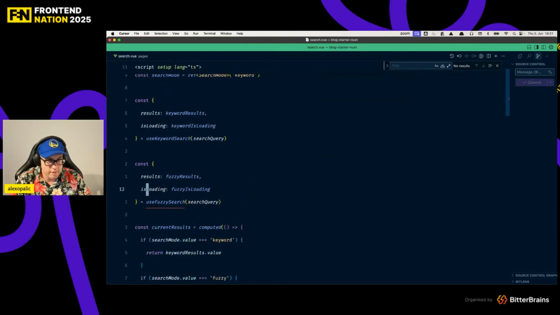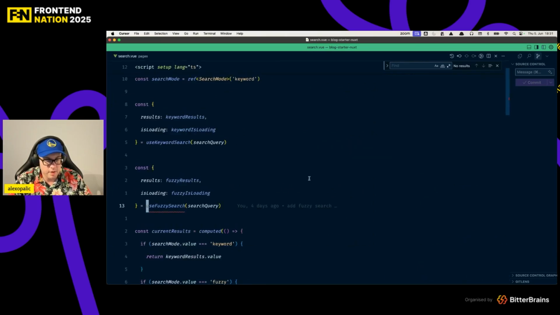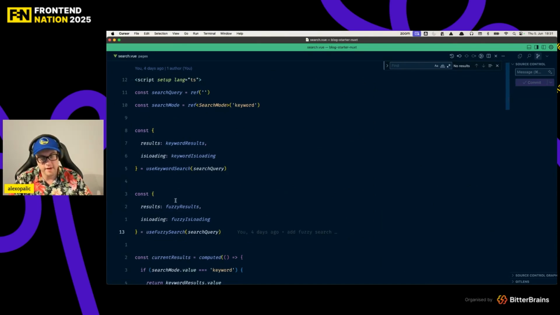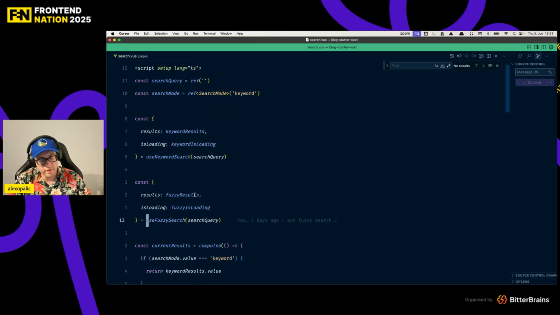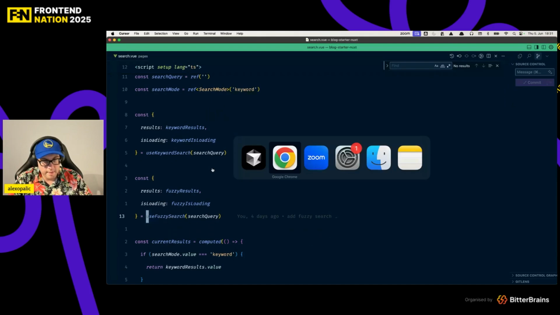Now you see here we have used fuzzy search. We get a type error. The reason is you have to rebuild everything because we use Nuxt, and also there's no import for use fuzzy search because Nuxt is handling that for us, but only if we rebuild everything. So we have here to use fuzzy search, and